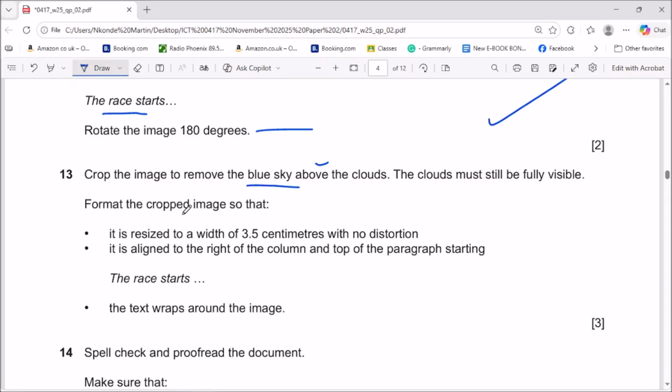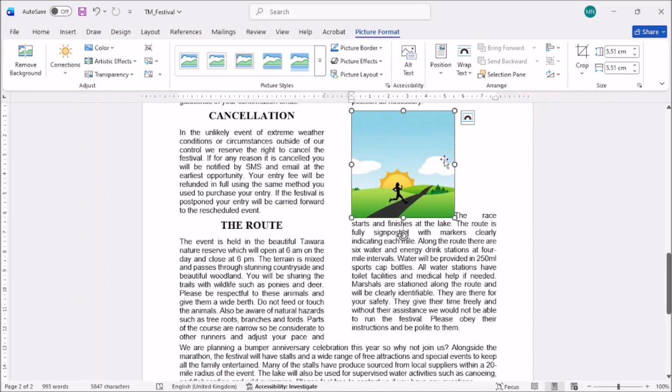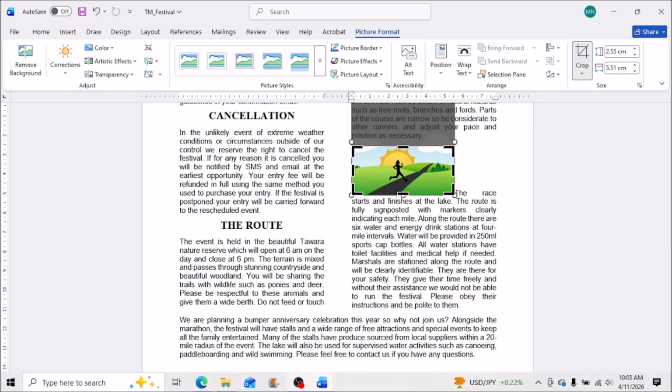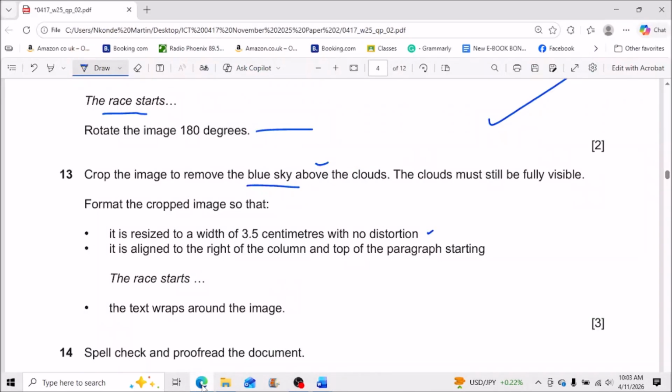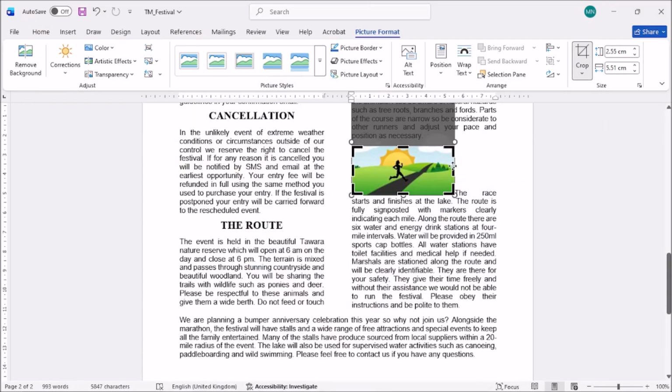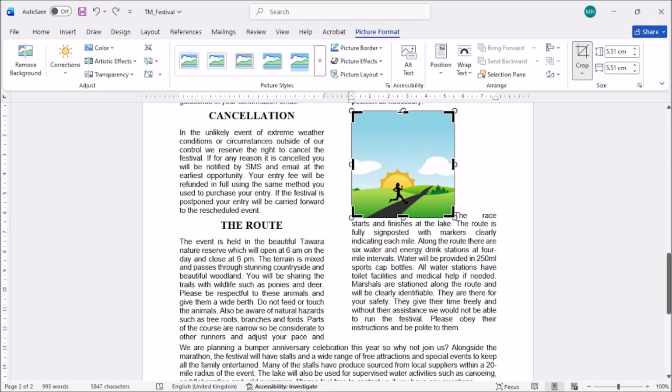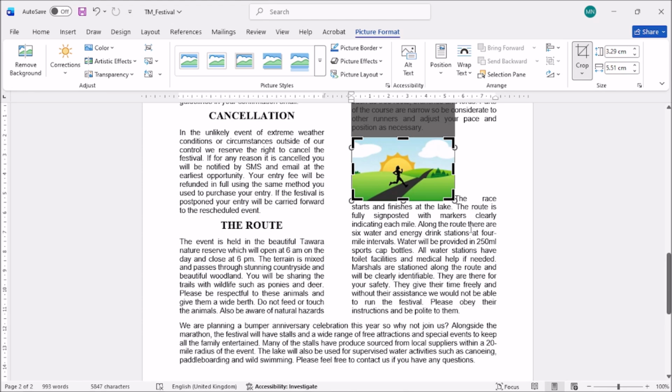After that, then we're going to format the cropped image and we're going to use these sizes. First of all, let's do some cropping. So we'll go there and we remove that. Let's see, just the blue sky above the clouds. I think I overdid that. Let me just undo. It's just above the clouds, so we just do this. We'll leave some clouds like that. Okay, and